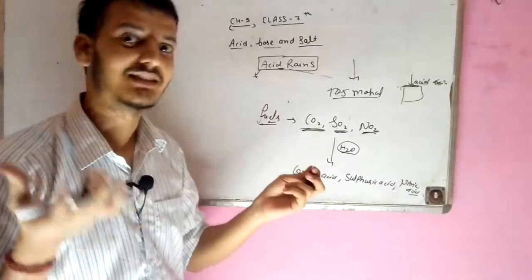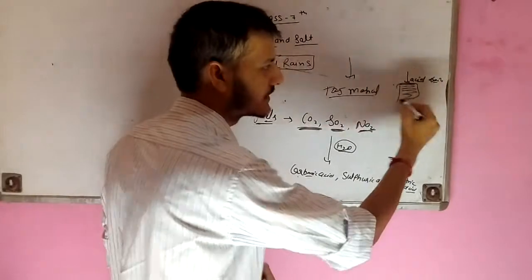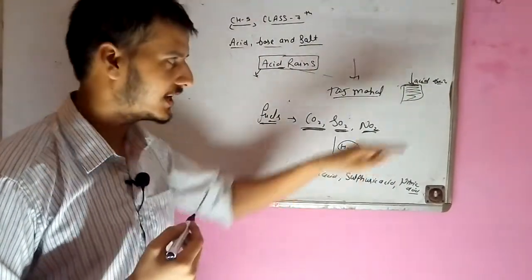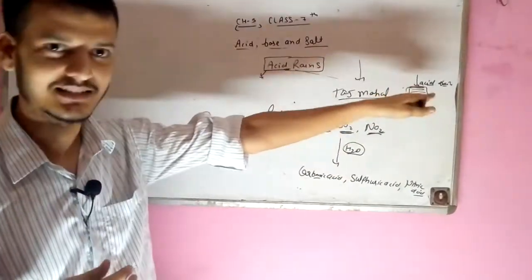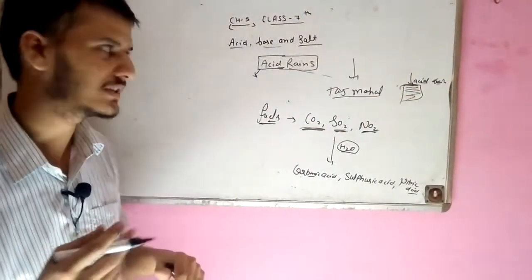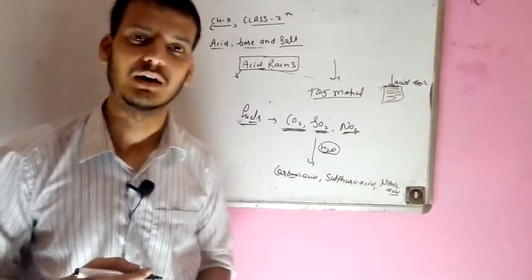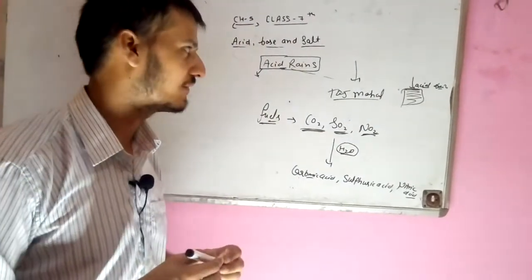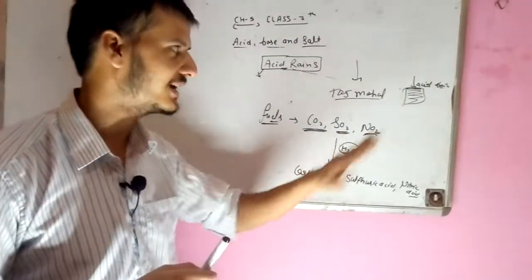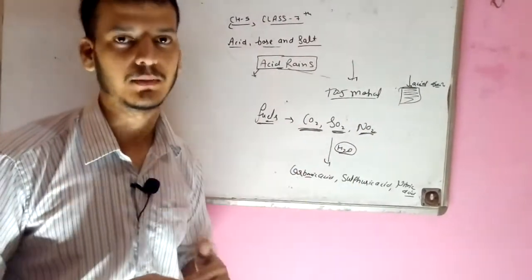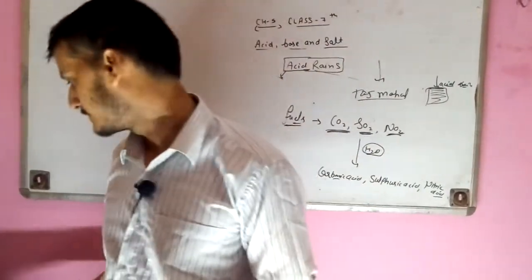There is some kind of, we can say, a rusting process. A dirty surface will form on the white marble surface. So the shine of this white marble will disappear because of the acid rain. So just for the reshine, just for the shining of this white marble, we spend a lot of money. So I think you get how it affects the Taj Mahal. Every year the Indian government spends a lot of money just to shine and clean the white marble. It will shine, and it will attract tourists.